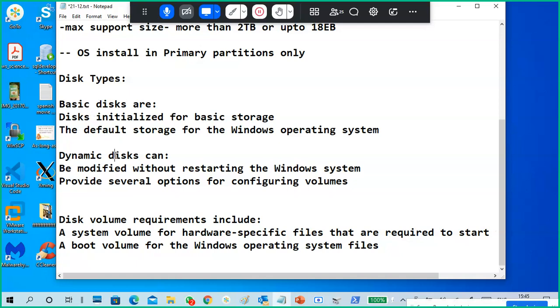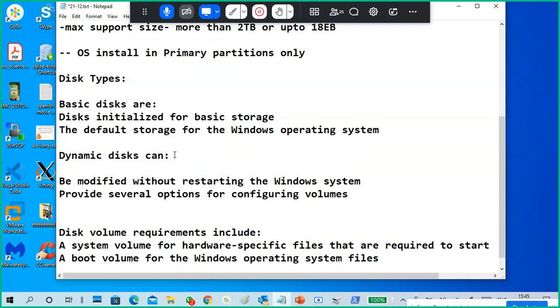We can convert a basic disk to a dynamic disk without losing data.